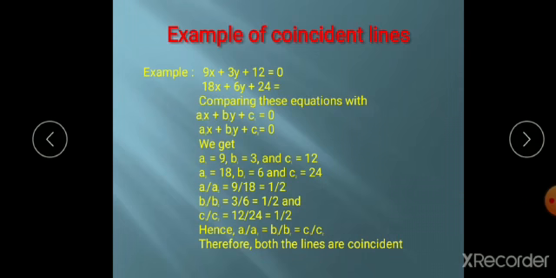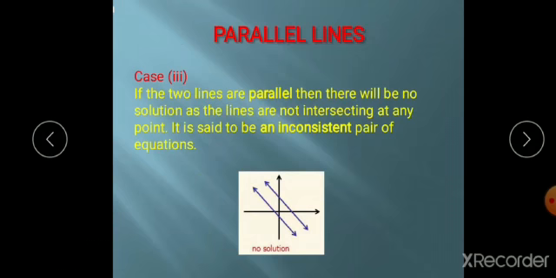Okay. Now the third case is, if they may not intersect. What is the meaning of may not intersect? They are called parallel lines. Not intersecting, so parallel lines. Do they have a solution? No. If it has no solution, it is called inconsistent. If it has a solution, it is called consistent. If it is not having a solution, it is called inconsistent. So parallel lines never have solutions because they never intersect. There is no solution for the pair of linear equations.